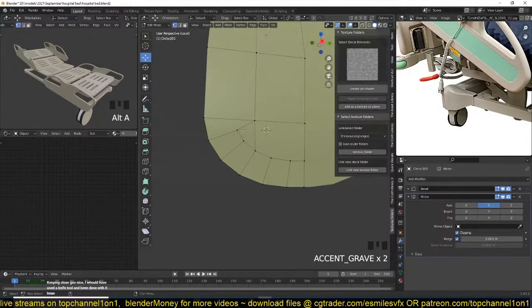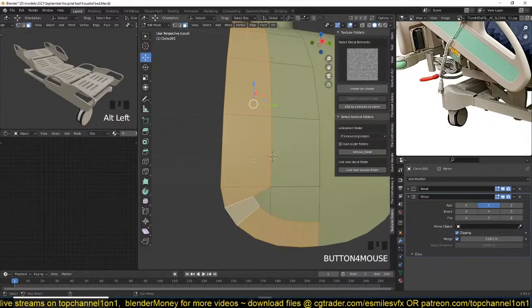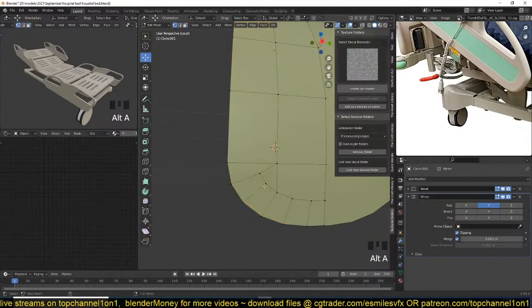I'm not sure if I should, because I wanted this loop to go all the way to this side, but then, okay, I think I can just get rid of some of these edge loops, and then I should be able to just keep